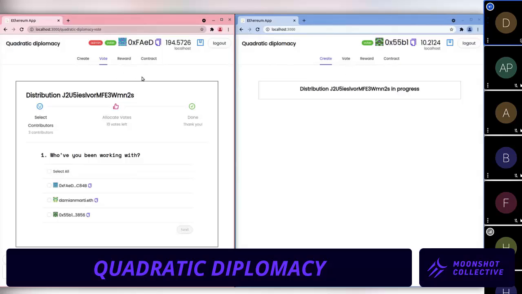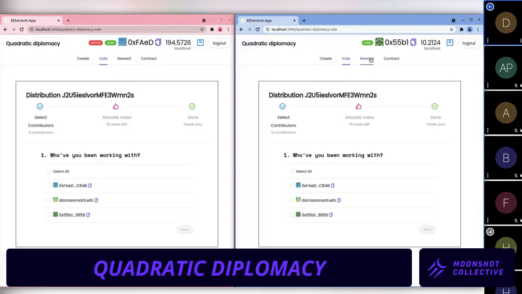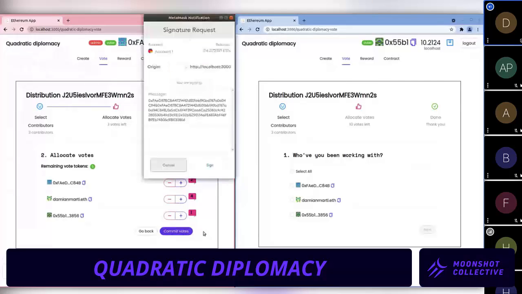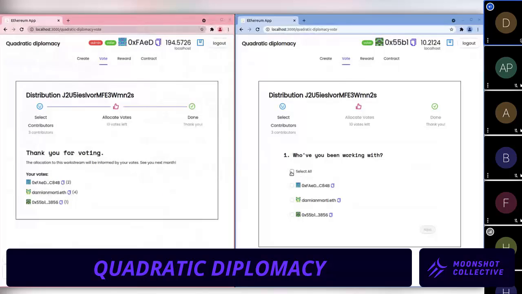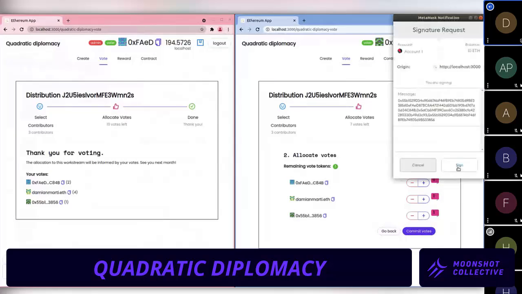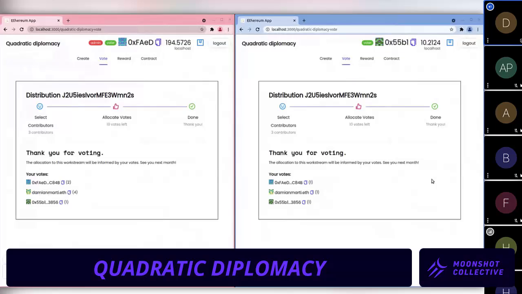And then I can vote with the first user that is an admin and is a voter too, and the second user is a voter. I can vote with both. And again, I have to sign the message for the vote with the first user. Then I can vote with the second user, sign the message,